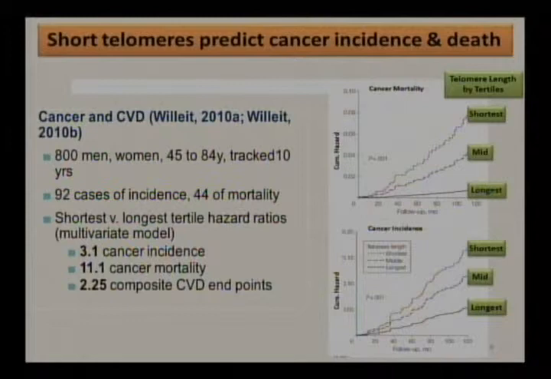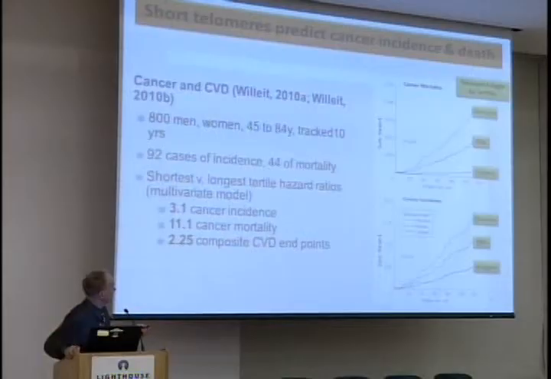So this was a big study in an Italian cohort of cancer and cardiovascular disease risk, 800 men and women, 45 to 84 years old, tracked for 10 years. And the individuals that were in the longest tertile of telomere length were the reference range, and the cumulative hazard ratios for outcomes were plotted as a function of time for this population. And if you look at cancer mortality or cancer incidence, there's significantly elevated risk for people in the mid or